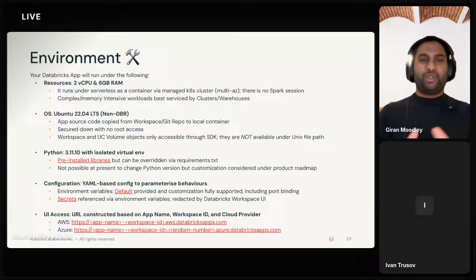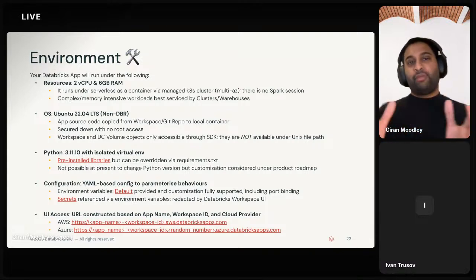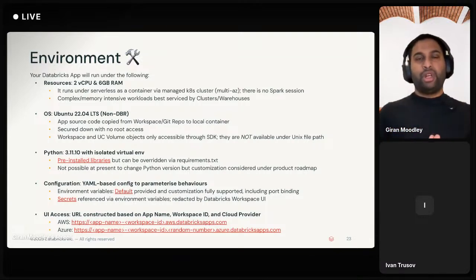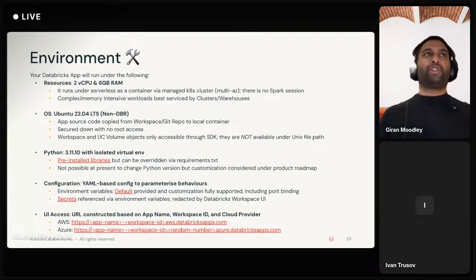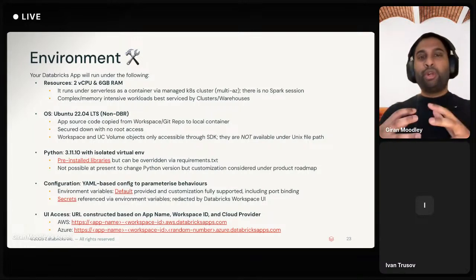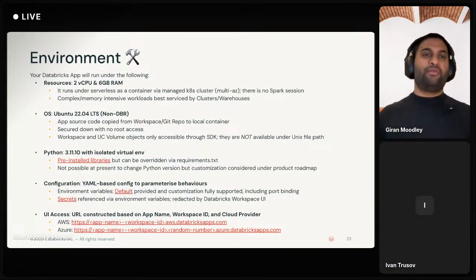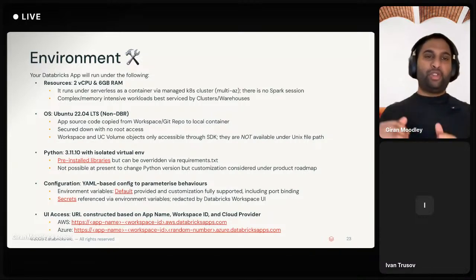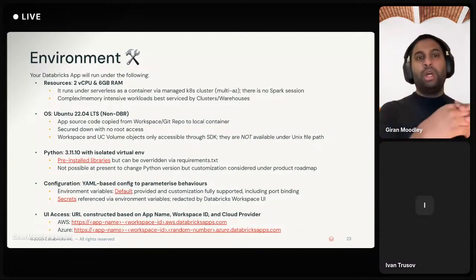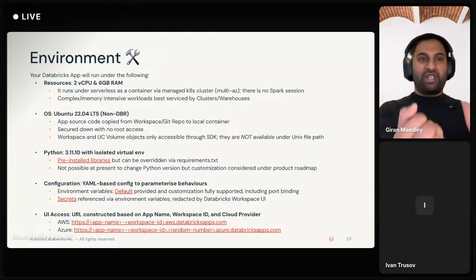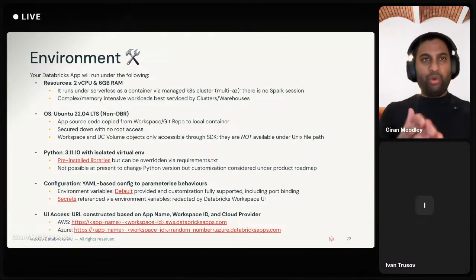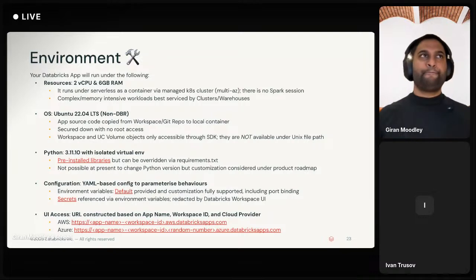This runs under a serverless container under a managed Kubernetes cluster, which is multi-availability zone. And the key thing to this is there's no Spark session with this. So if you want to do more complex memory-intensive workloads, your best bet is to offload that into something like a Databricks cluster or SQL warehouse. And again, we'll show that in the example today.